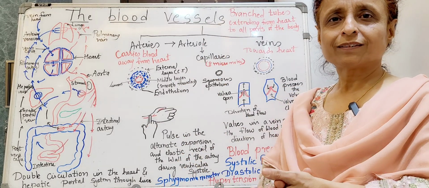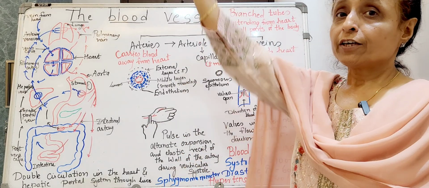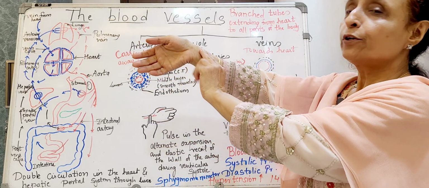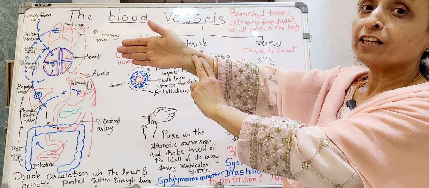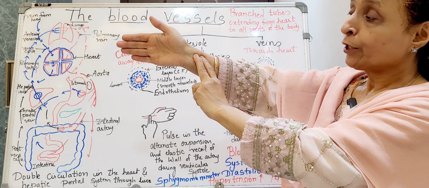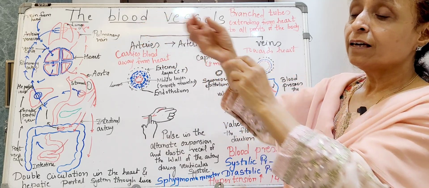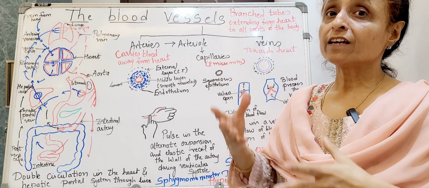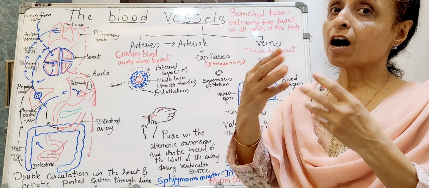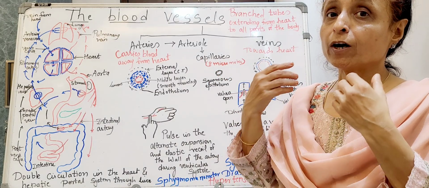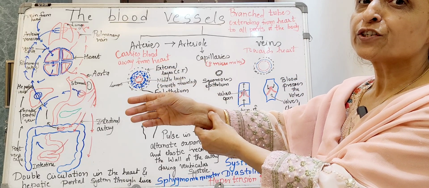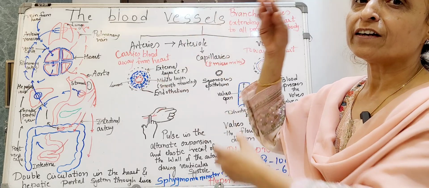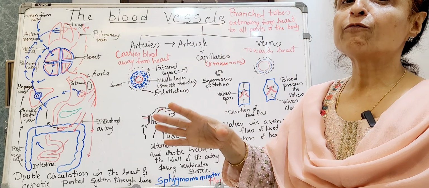Hello, students. Now take your hand and put your fingers like this on the hand and feel the artery. You will see that the blood is moving in the artery and you can count that movement because the ventricular systole leads to this pressure on this artery. There is influx of blood.